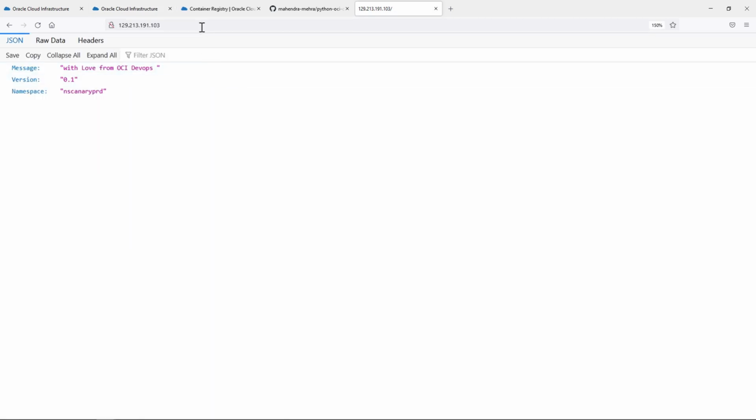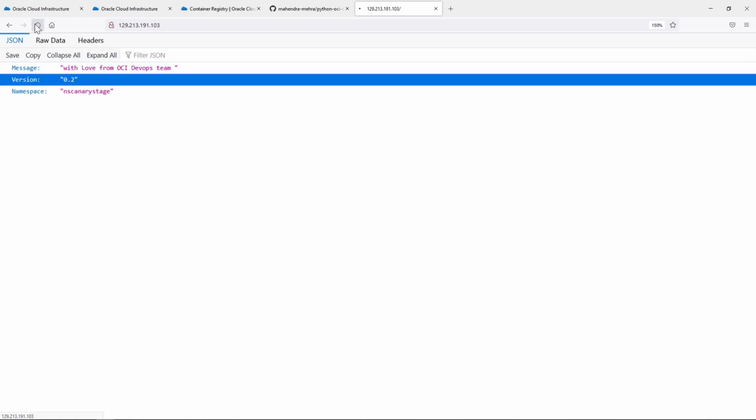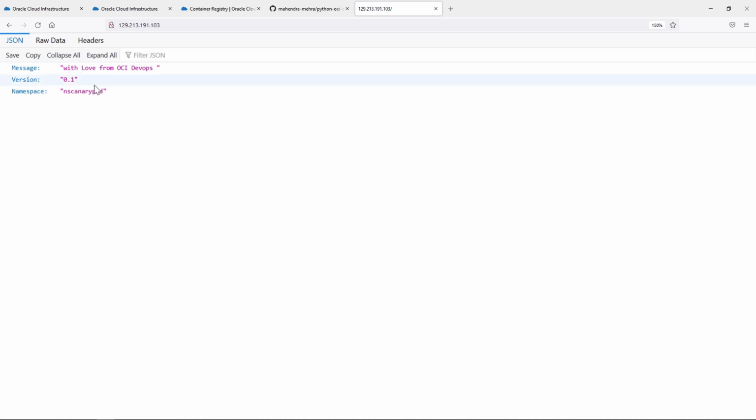Alright, so to test this thing, let's go to the browser. And this is our ingress load balancer IP. Let's randomly refresh this IP. So as you can see, on random refreshes, we see some of our requests are going to the Canary stage. That is, we are getting the new versions, right? So I had added team and changed the version to 0.2. If I again refresh this, it's going to the previous version of our application. So basically on random refresh, 25% of the traffic is transferred to that new version that is deployed in the